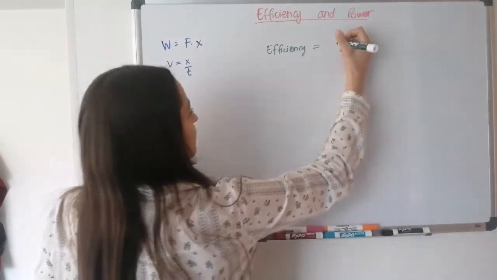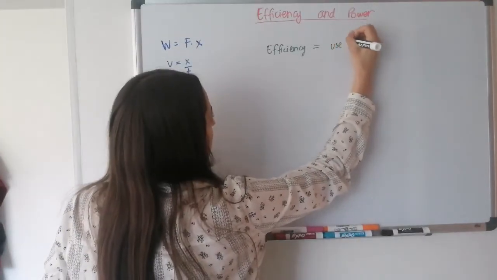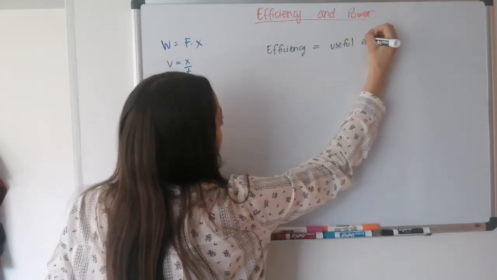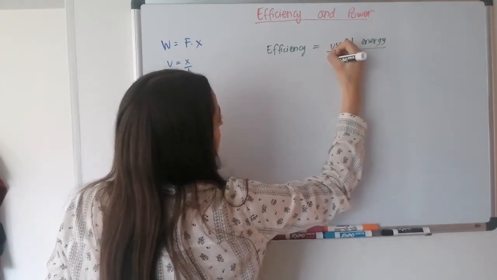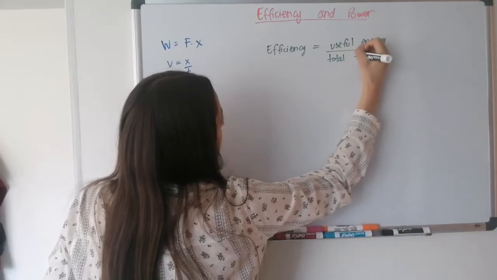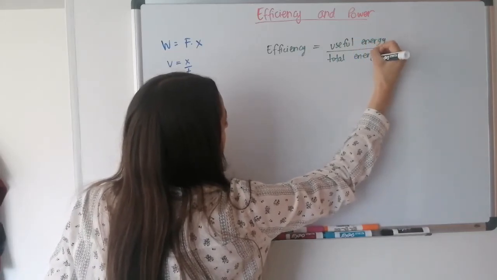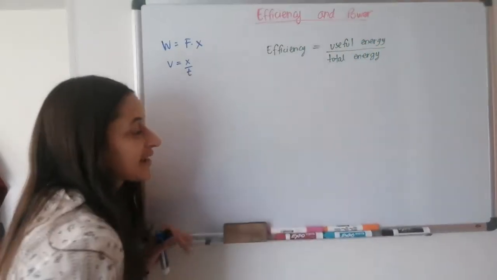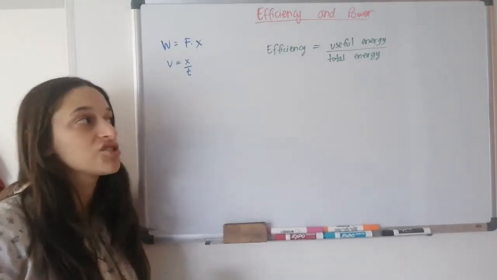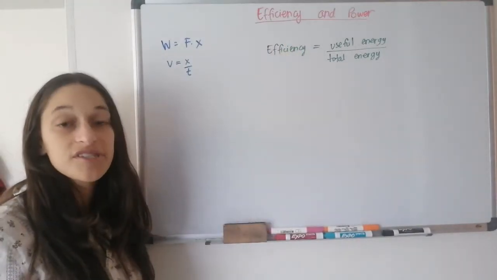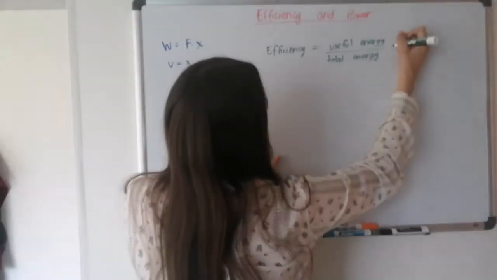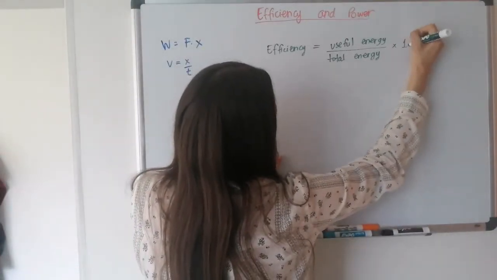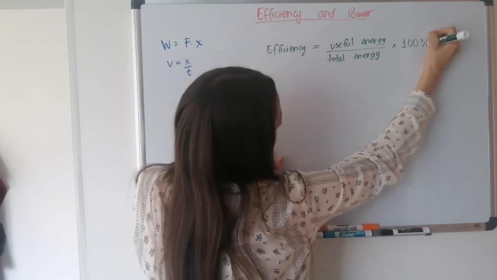So efficiency is defined as the useful energy, a fraction of the useful energy that you get out of the total energy that you put into it. Right? And it's generally given as a percentage, because this is going to give a fraction or a decimal. So because it's usually given as a percentage, we can multiply this division by 100%